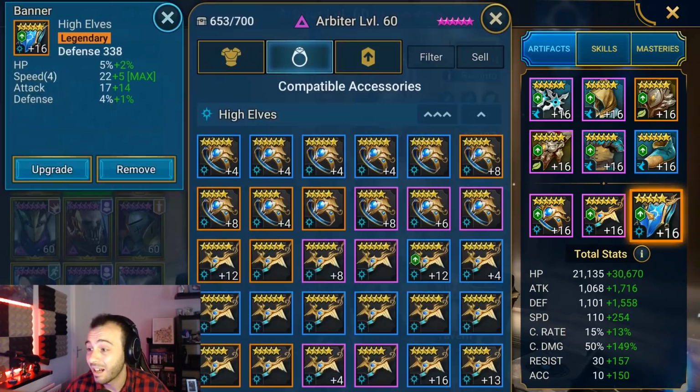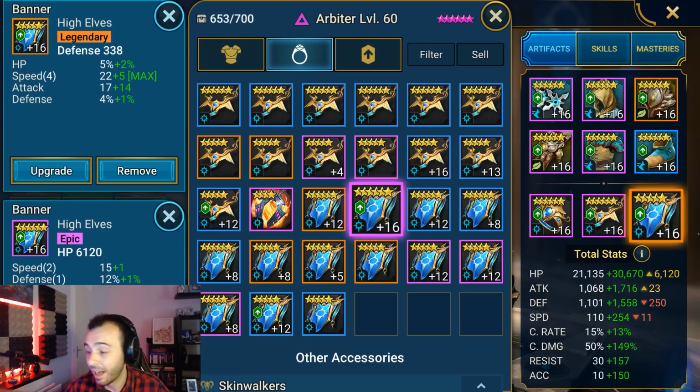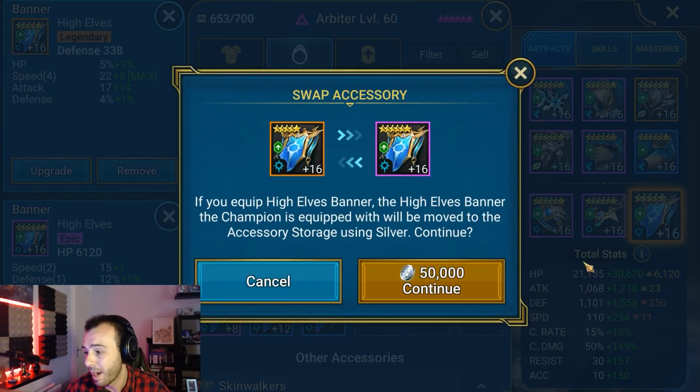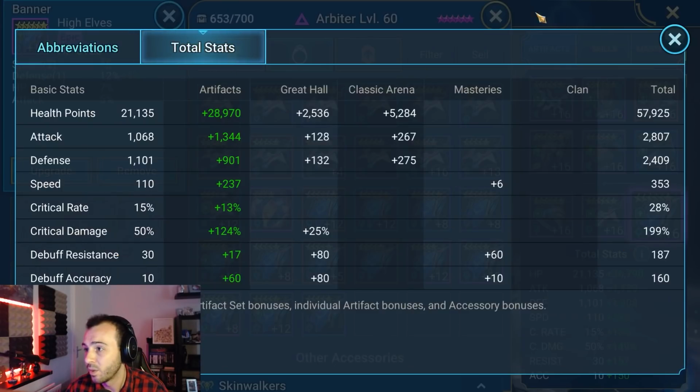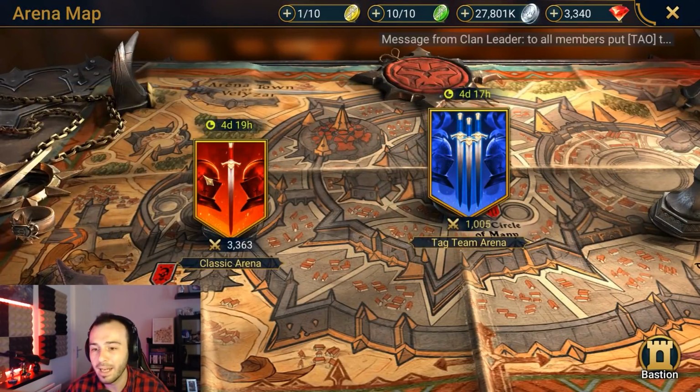So there are a lot of people faster. Trust me when I'm telling you that, even though I don't know them all. So let's decrease the speed by 11, okay? So now we have what? We have 353 speed. It's still pretty fast, but I'm sure there will be many, many people faster than me